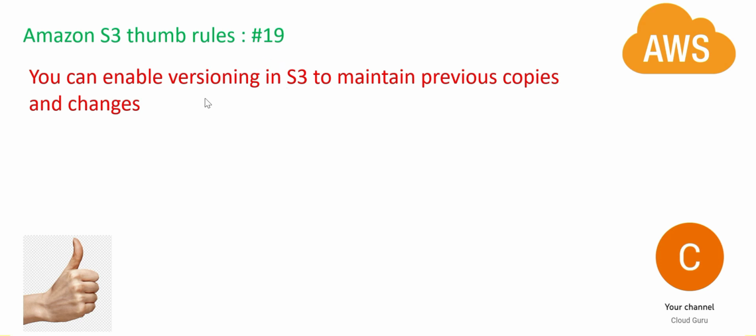It supports versioning, okay? By versioning, what it means is, suppose you have a Word file and you added one paragraph today, that is your version 1.0, and tomorrow someone else adds one more paragraph and saves it, that becomes your version 1.1. If you do not have version control enabled, then the earlier version will be lost. So if you wanted to go to the previous version, you will not be able to do it if you do not enable version control. In S3, it is not provided by default. You have to enable it.